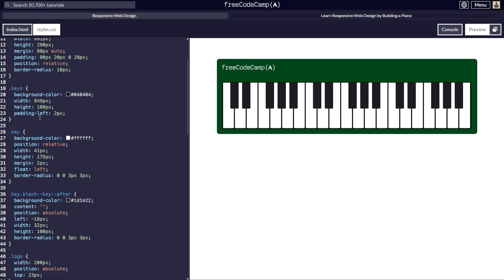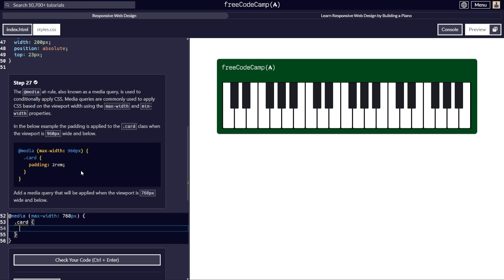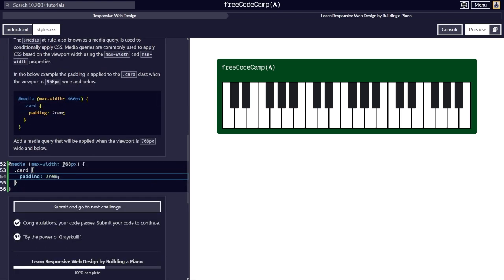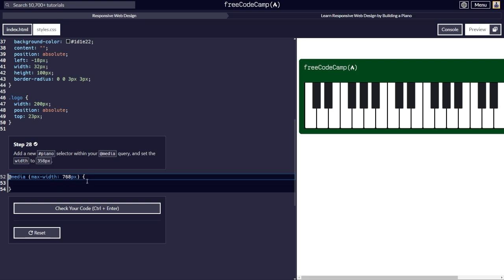I don't think ours needs to be .card. So I think that's wrong. I think that's got to be something else. Oh, no, it was right. Okay. Add a new piano selector within your @media query